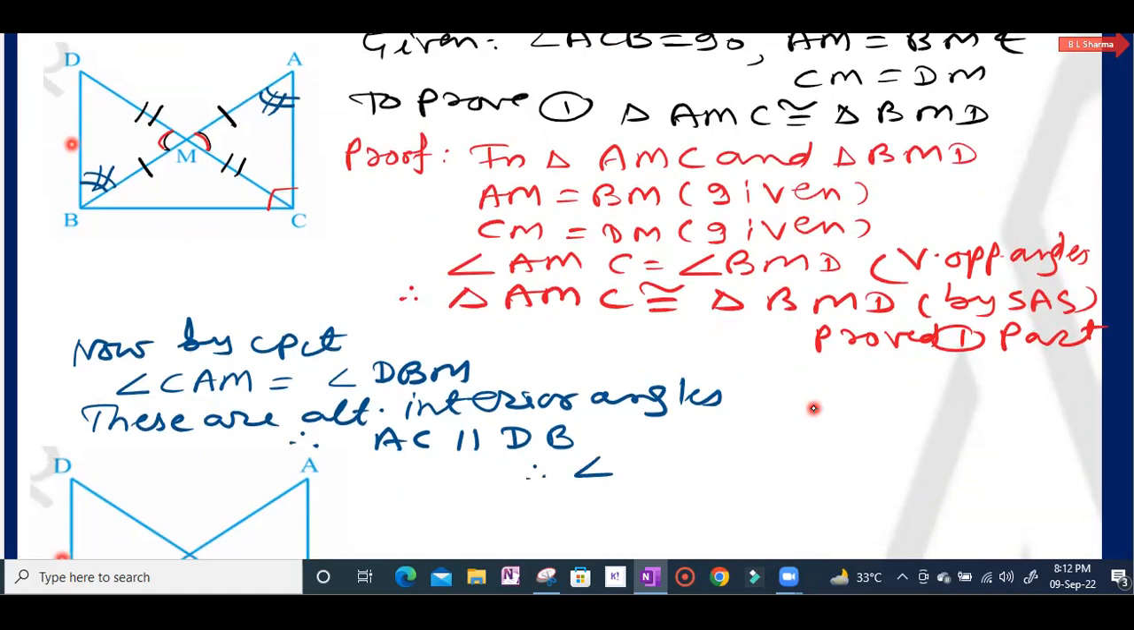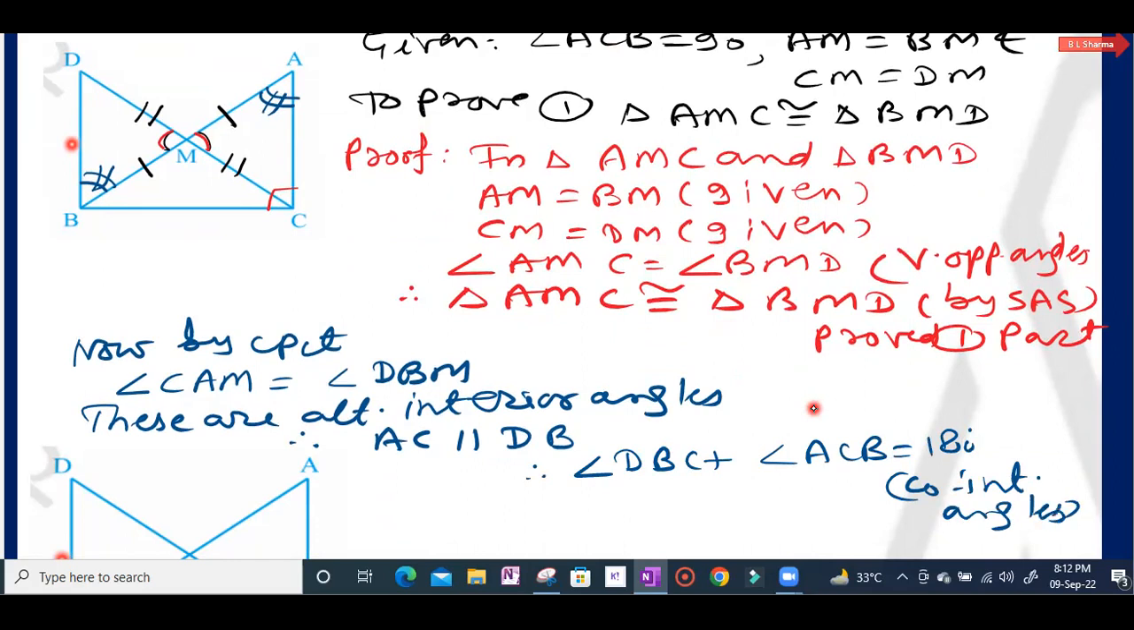Now, therefore angle ABC plus angle ACB is equal to 180 degree। The reason is co-interior angles। Co-interior angles means two angles on the same side of transversal। ये एंगल ACB और एंगल DBC, इन दोनों एंगल का सम 180 होगा।